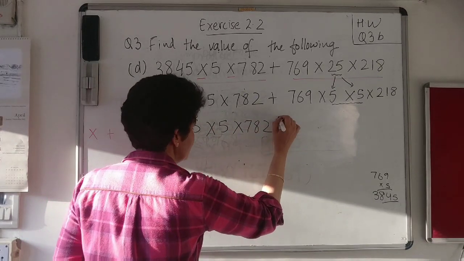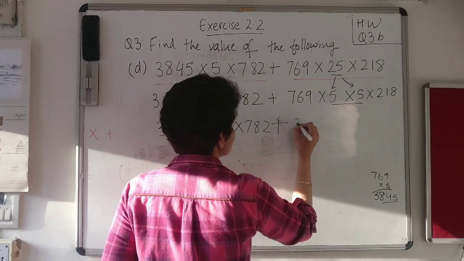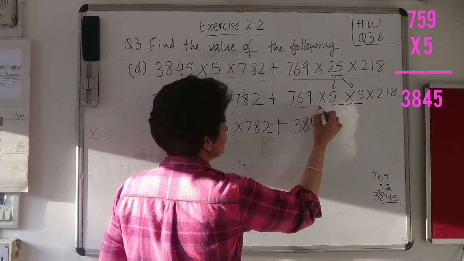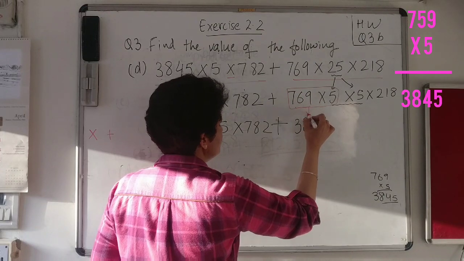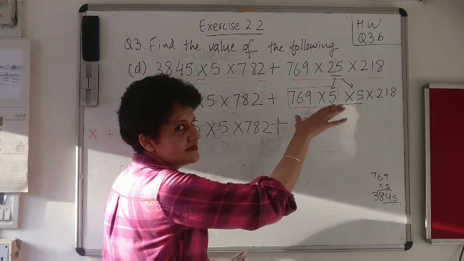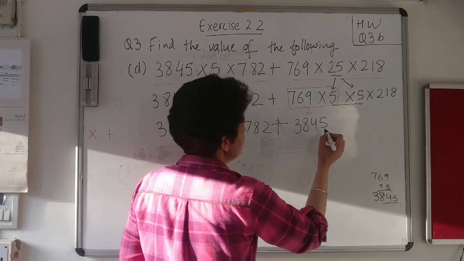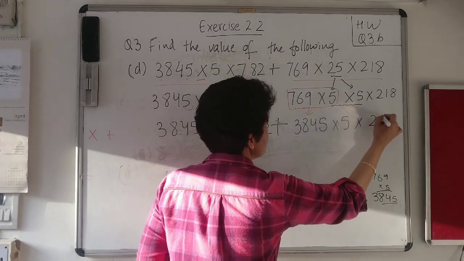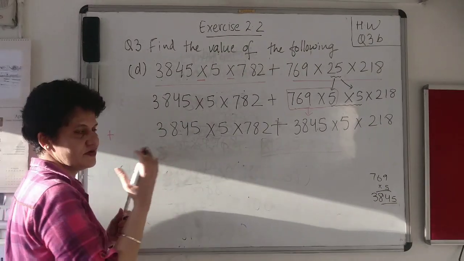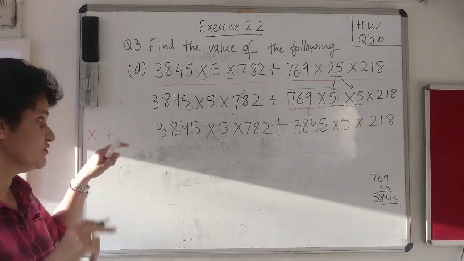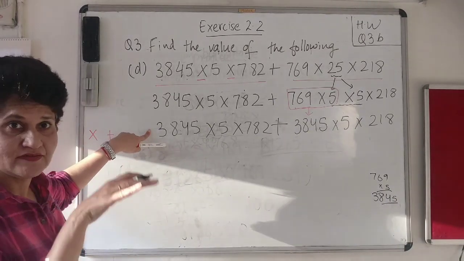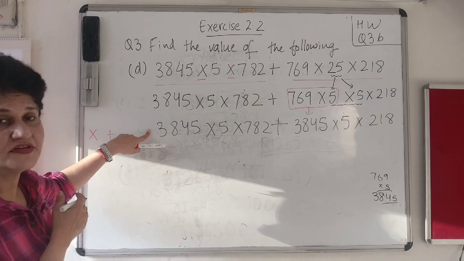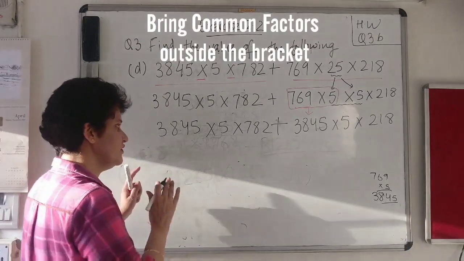And then we will write here plus. And again, this 2 is 3845, as 769 into 5. These 2 are equal to 3845. And after that, whatever is here, you will just copy and bring it down. So that will be, let me write it smarter, 5 into 5 into 218. After that, let's take out what is common. We are going to level 1 now. This was level 2. We have solved the question and brought it to level 1. Level 1 is where we were taking out all the common parts. You remember, common numbers outside the bracket, and then make our question easy. So now we are at that level.